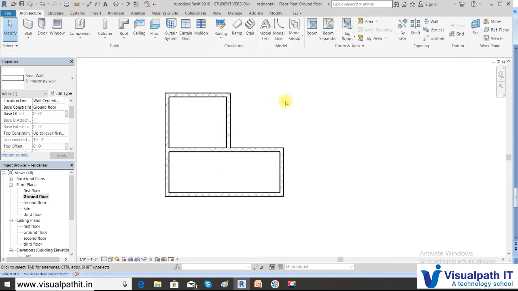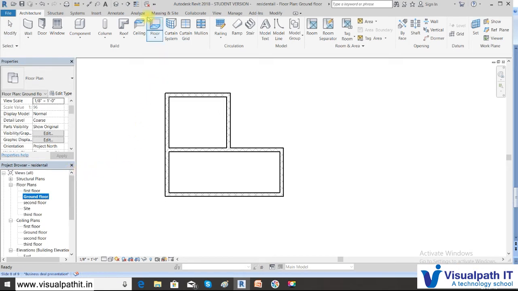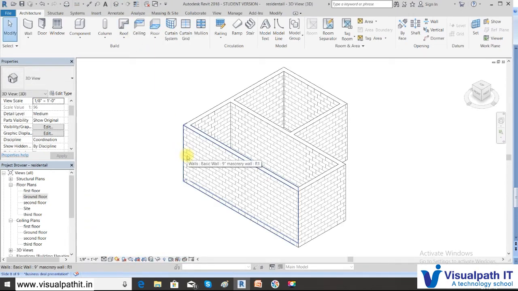Okay. Now once this is done, if you want to see the walls in the 3D view, you cannot go here and first check, because there is no 3D view. The first time you need to go to the top here, default 3D view, and click the default 3D view, so you can see the walls now. It is in the hidden mode.